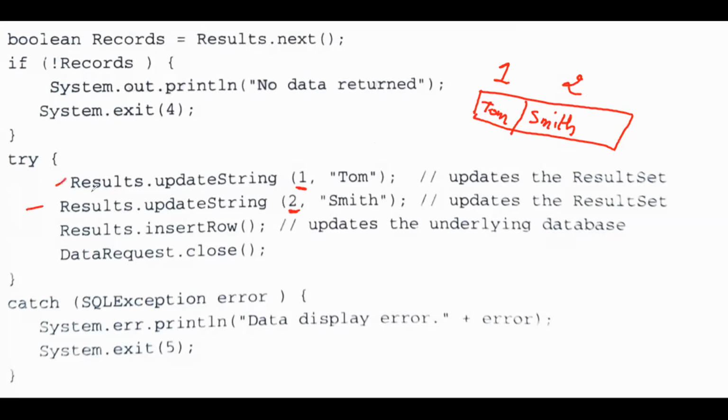So we have updated it. Then we have to use results dot insert row. This is the only difference between insert row and update row.